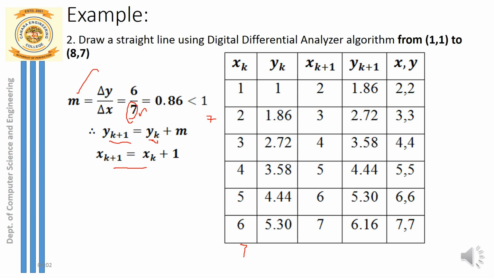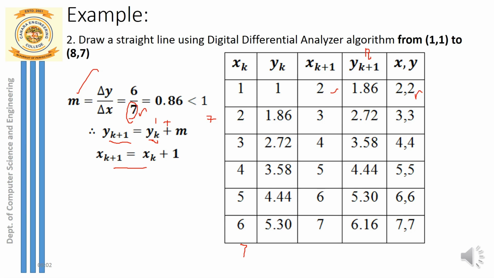How do you calculate it? The formula: you have 1, that's the first point, plus the slope. How much is the slope? 0.86. 1 plus 0.86 is 1.86. And remember, for the y coordinate you are applying the round off function. So what is the round off of 1.86? It is 2. So what point are you going to plot? 2 comma the rounded point. Which is the rounded point? 2. So 2 comma 2 is your plotting point.